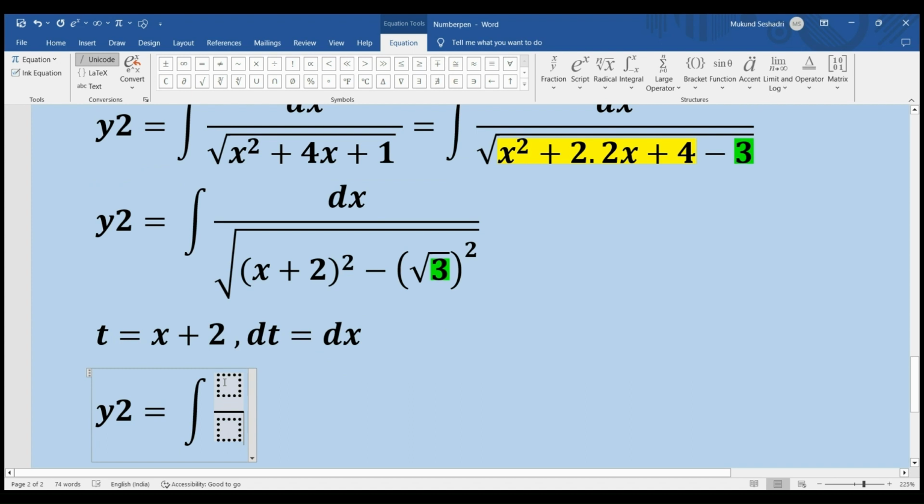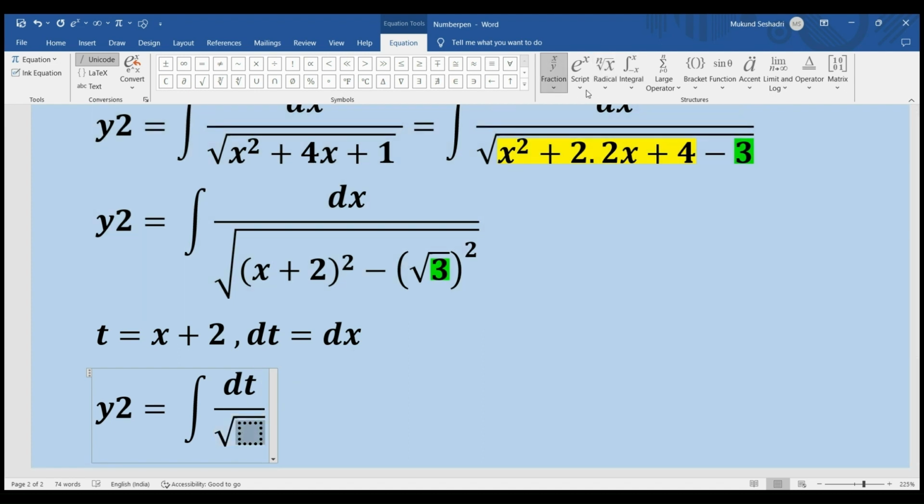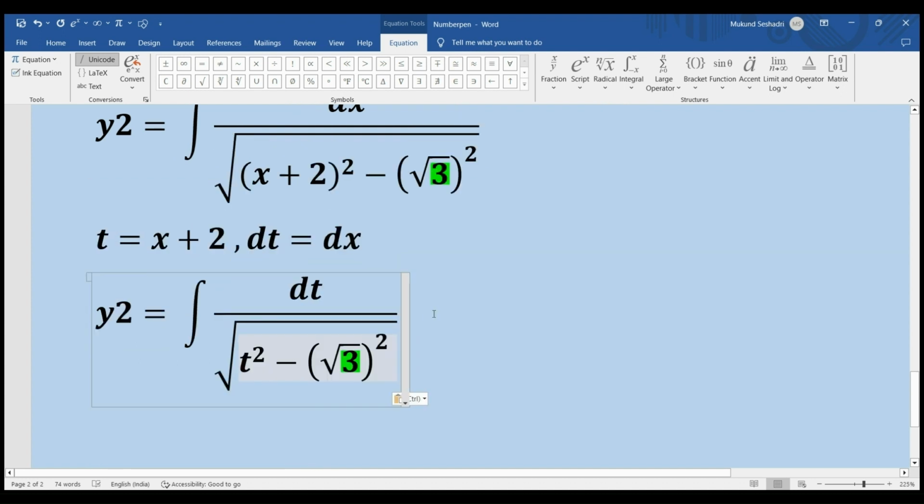So what happens to my dx, which is dt, and then I have a square root of my x plus 2 the whole square becomes a t square, right? And then I have a minus of square root of 3 the whole square. So from here on,